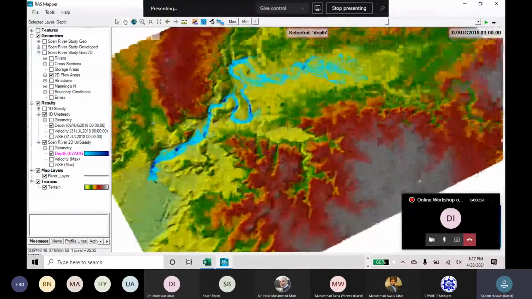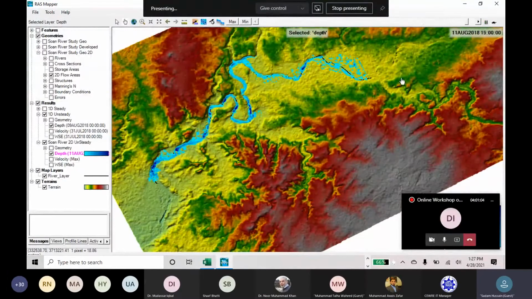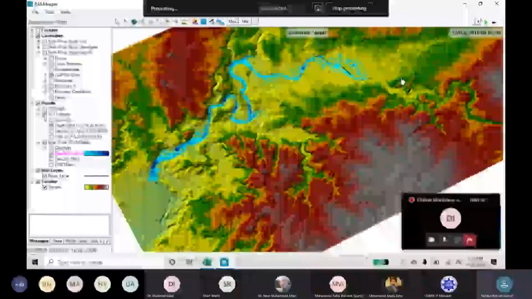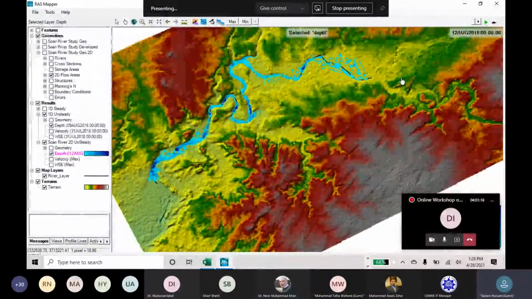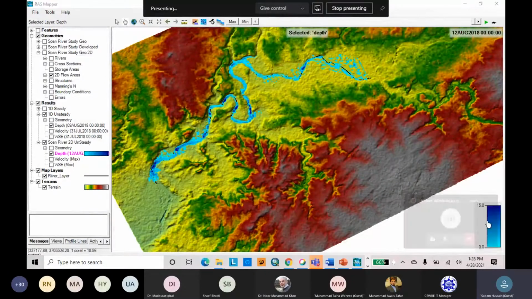Sir, I have one more question. I am working on HEC-RAS nowadays for sediment simulation. My question is very generic: how many cross sections do we need to perform our analysis? For example, I need to check the accumulation of sedimentation upstream of the reservoir. So how should I plot my cross sections for upstream and downstream, and how many cross sections?